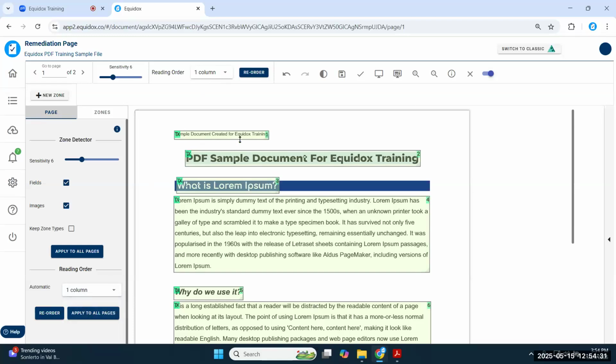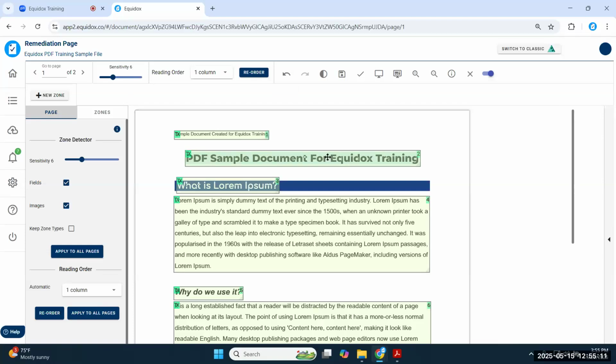Going back to the workflow, so we said, use the slider first. In general, I recommend worrying about the reading order at the very end of the page. It's kind of like my final polishing step, because as I add and subtract and move zones around on the page, it could impact the reading order that I'm setting up. So I don't like to concern myself too much with the reading order while I'm still manipulating the page. Once I've got all of the zones in the correct location and I have them all labeled as the correct zone type, that's when I double check my reading order, make sure everything is accurate, and I move on to the next page.